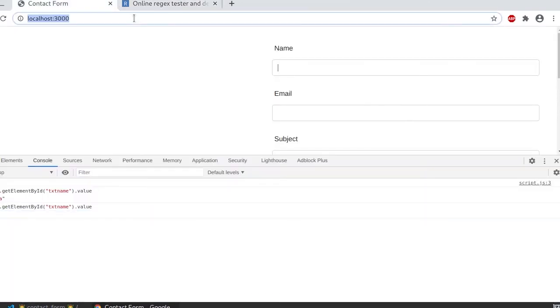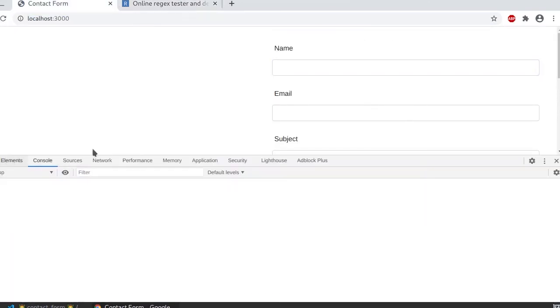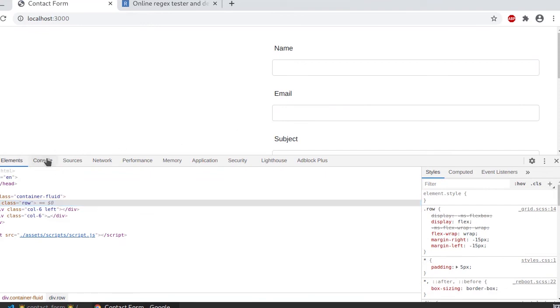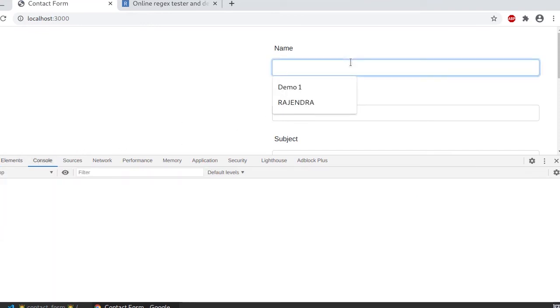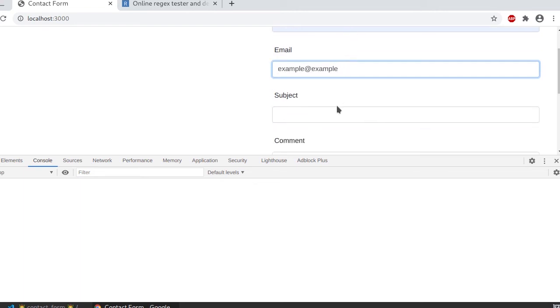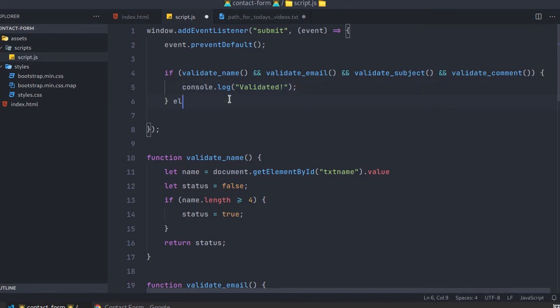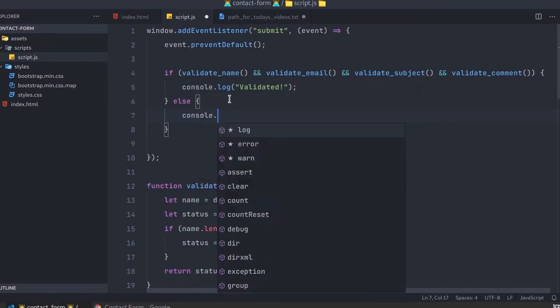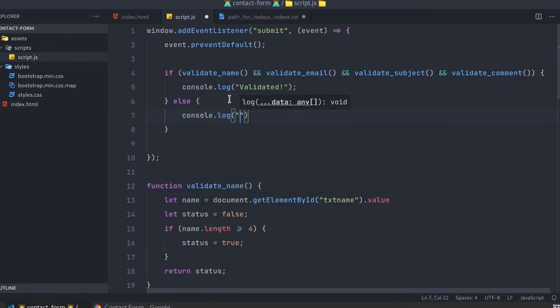So yeah, let us open your browser and reload the page. Once the file is loaded, type a name like demo, and an email like example at example.com. Actually, I believe that here you have to put the else to check that there is an error.